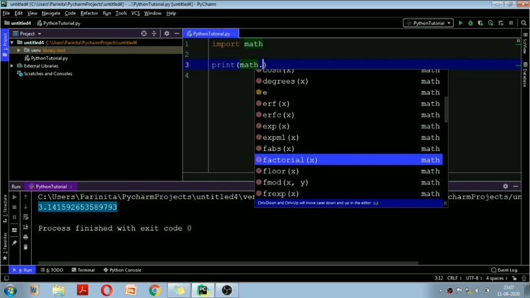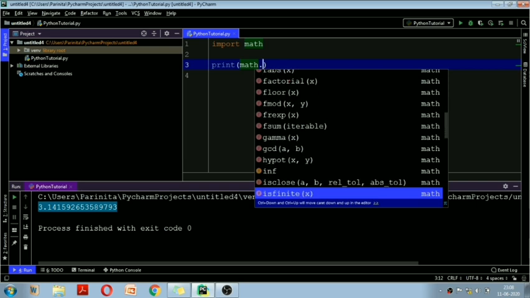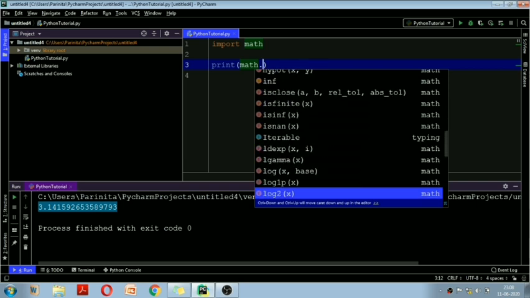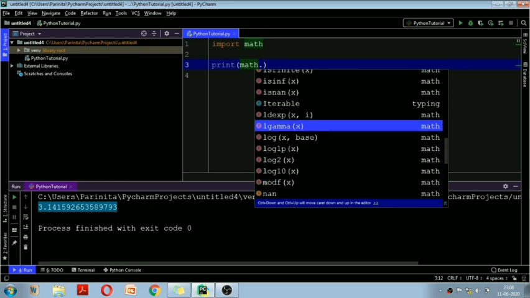Normally in C language or Java, whenever we want to find the factorial of any number, we write down the whole logic for that, right? But in Python, as you can see on the screen, it allows us to find the factorial value directly. So these are all the functions available in Python. You can directly find out the log values. We can find these. So these are various examples.